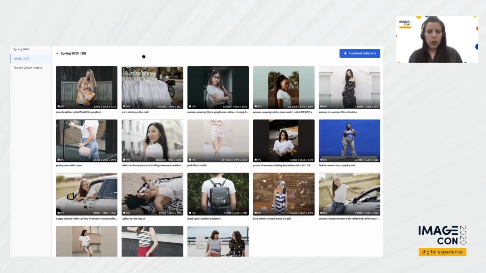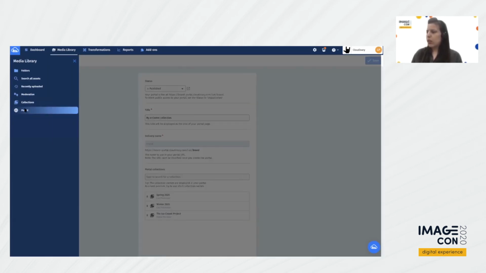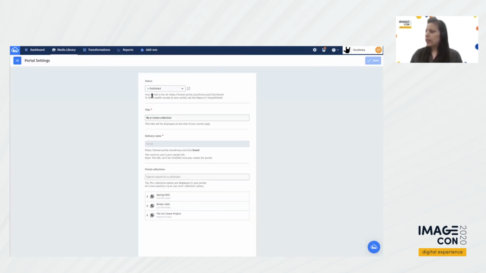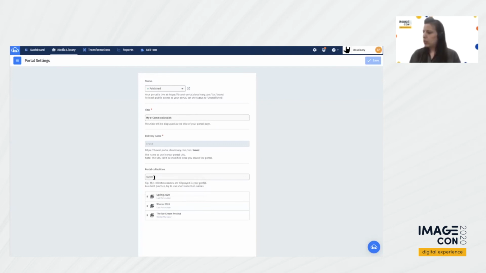So now I would like to add my new collection that I just created, the Summer 2020, to this existing portal. So I'm going to the portal settings that I entered again through the menu on the left. And what I will do, I will look for the name of this collection that I just created. And it was added to the list. I will just reorder because I want it to be the first presented in the portal. And now I will save my changes,